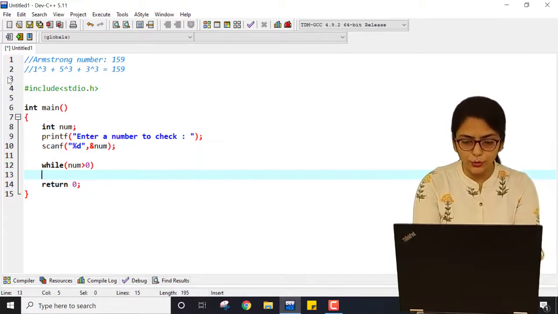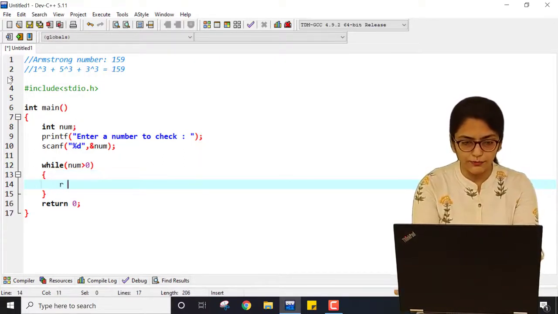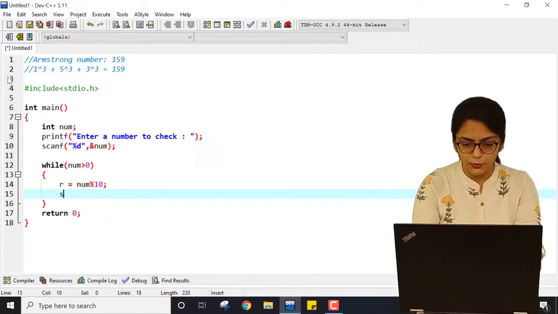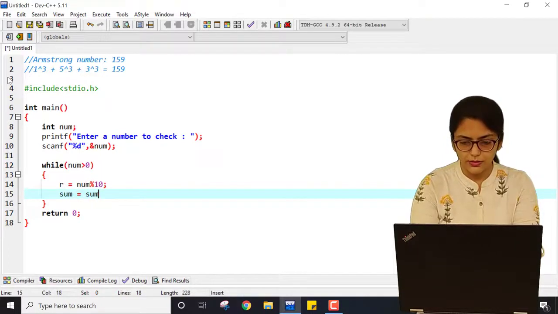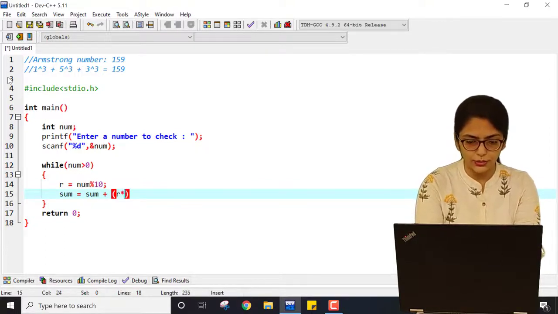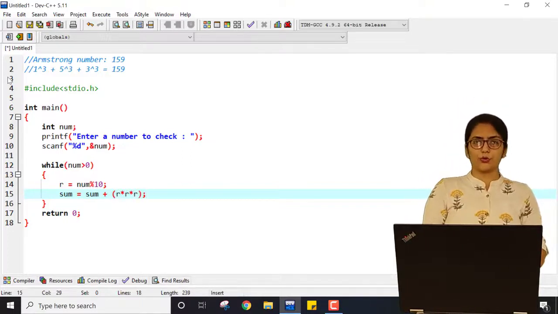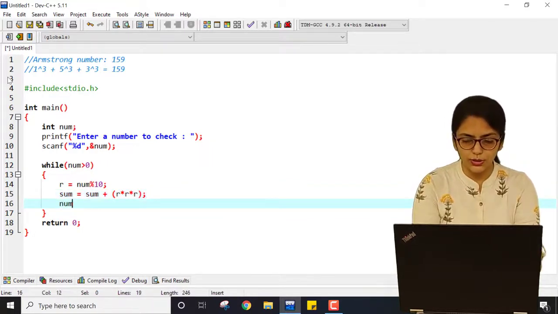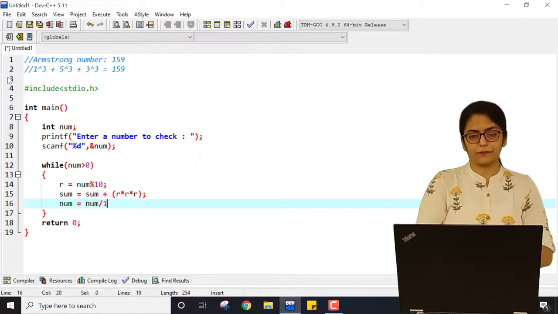Inside the while loop, what I'm doing, r equal to num modulo 10, then say sum equal to sum plus, inside the bracket write r into r into r. You can also use the power function over here, but I'm not using that. And after that, num equal to num divided by 10.